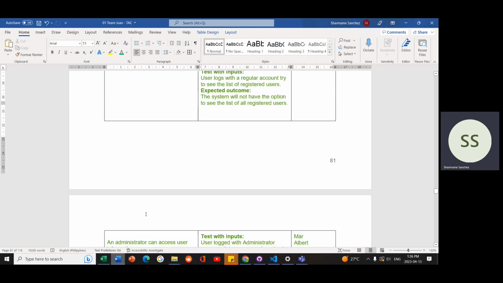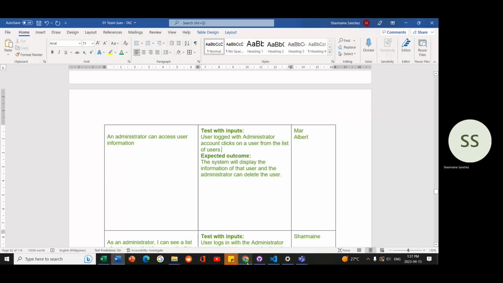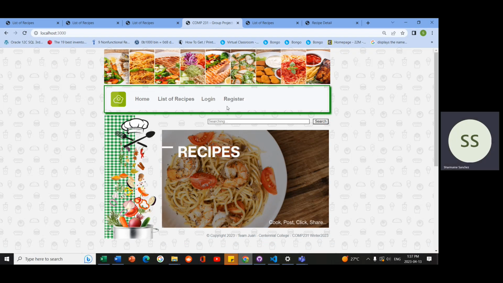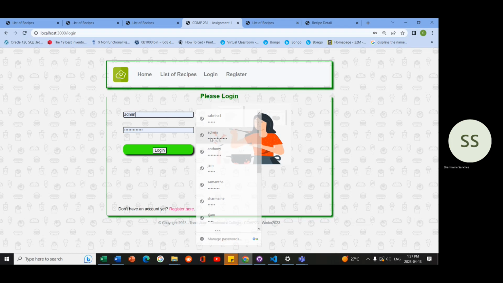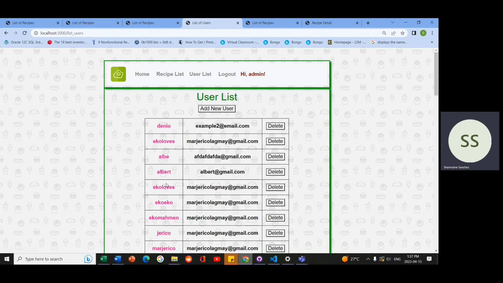Next story is an administrator can access user information. So the developers are Mar and Albert. So there's just one test. User logs with administrator account, clicks on a user from the list of users. The system will display the information of the user and the administrator can delete the user. So for example, I log out and log in again as the admin. Okay, go to user and then